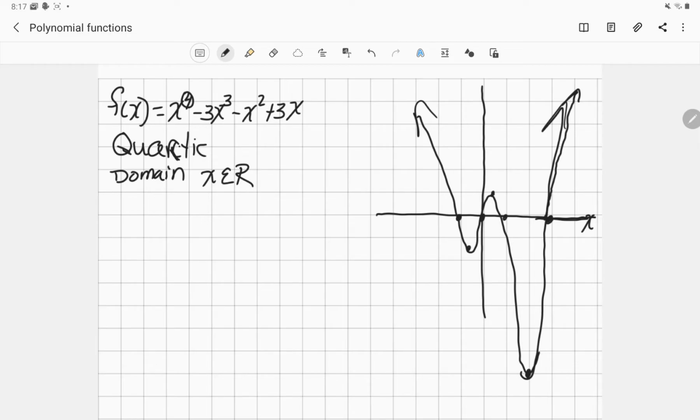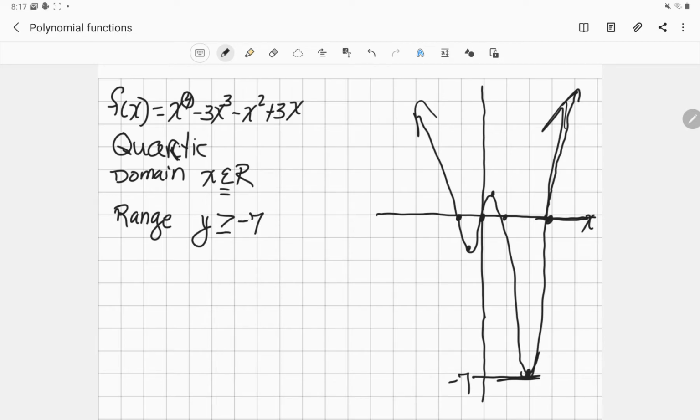So my domain is just x belongs to the set of, that's what that funny little e is, x belongs to the set of any real number. For range, what we're looking at is the y's. Now, if I look at the y's up and down, this graph goes up literally forever. So there's no limit on how high it can go. However, the graph does appear to have a low point. The lowest it goes is right here, which is at -7. It doesn't go any lower than that at any point in this graph. So my range is that y is greater than or equal to